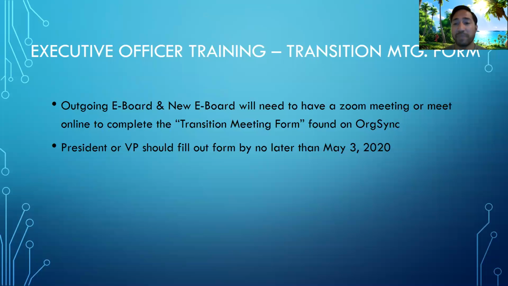Our transition meeting. Okay, so our students definitely need to complete the transition meeting form. That will be found on OrgSync. It's called the transition meeting form, and they will need to complete that by May 3rd. The form is really meant for our current executive board to have a group discussion with our new executive board